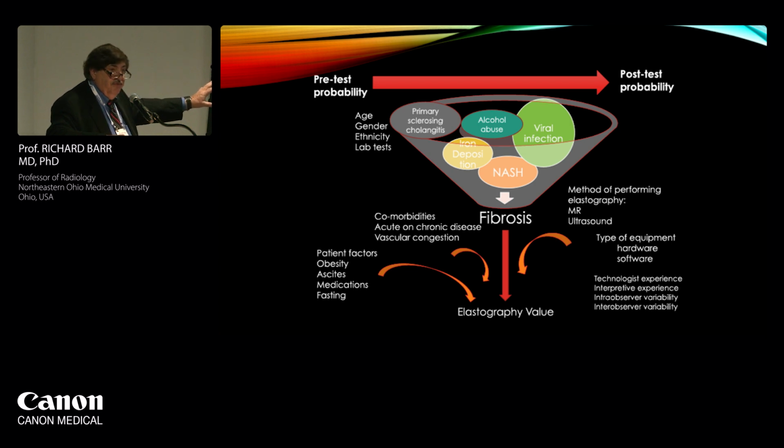It's important to remember we never measure fibrosis, we measure stiffness. And stiffness is a combination of fibrosis, inflammation, and congestion. So if you ever have a patient that has more inflammation, someone that's on alcohol, someone with acute hepatitis, the values are reflecting the inflammation, not so much fibrosis. The same thing with somebody with right heart failure.